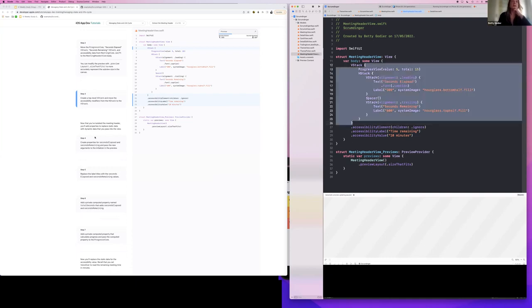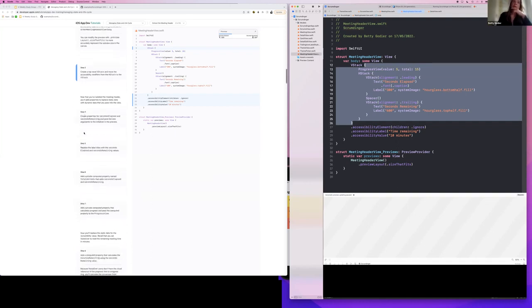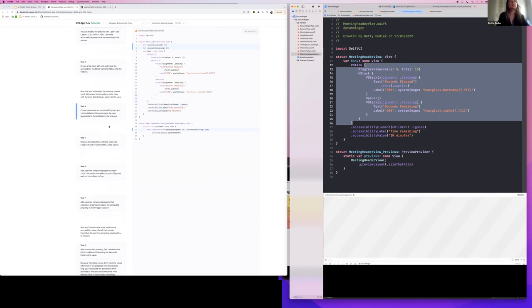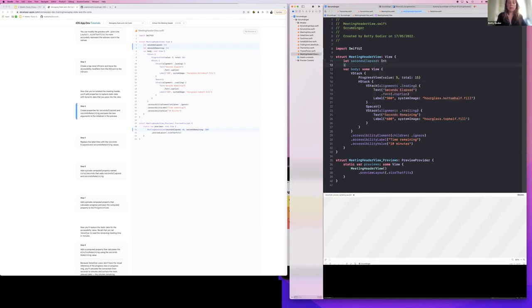Okay, that's good. And now that you've isolated the meeting header, you will add property to replace static data with dynamic data that you pass into the view. So yes, I have created two properties. So here I create the first one, elapse. It's an int, and the second let seconds remaining is also an int. Okay,